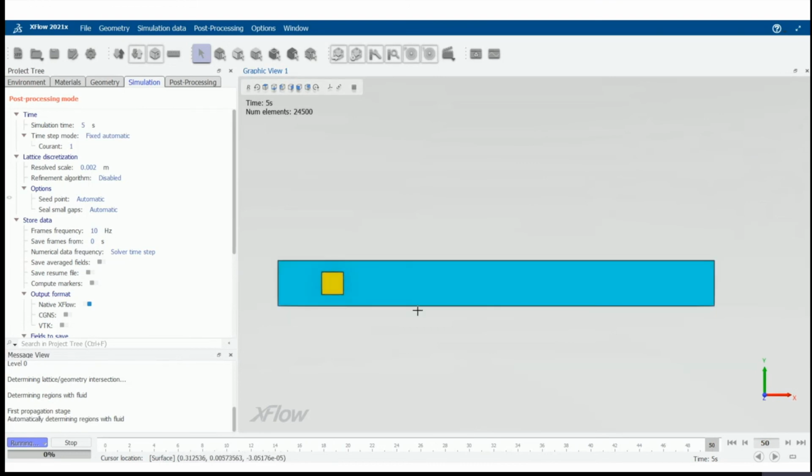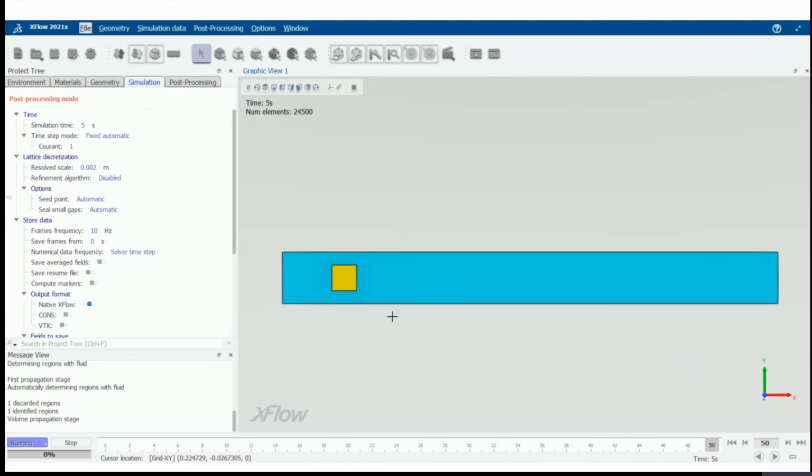So the software first meshes the case, then starts